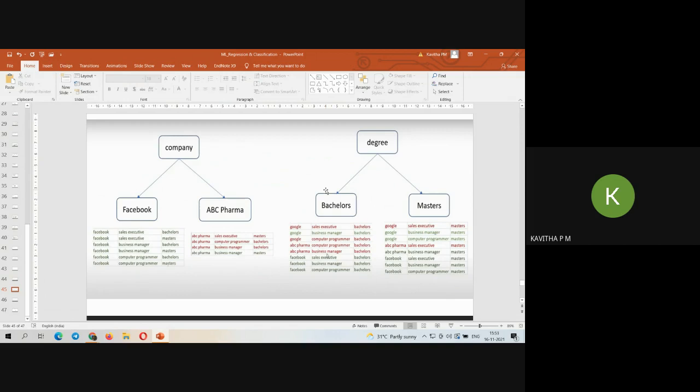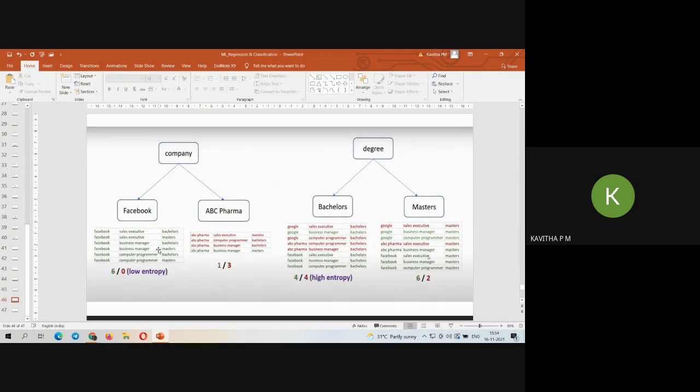So what happens when I use this decision tree? We'll be having entropy. When I use ML or Python to construct and call this decision tree classifier, I'll be using a particular category called entropy. So there I'll be allocating how much entropy there is. For example, I have six green colored features and I don't have any red color features here. So 6 out of 0, I don't have entropy with red color, so I mark it as low entropy.